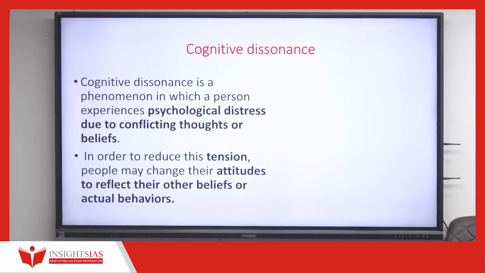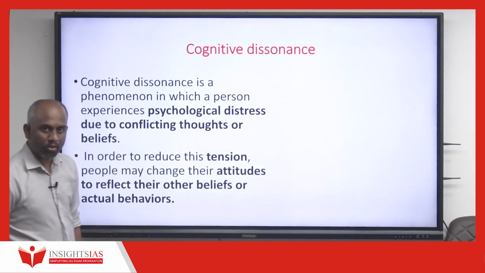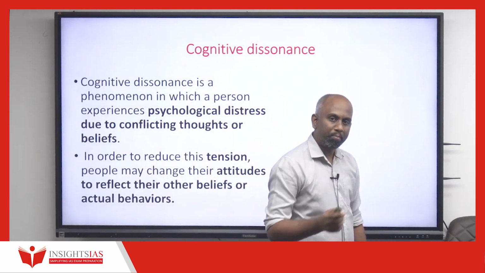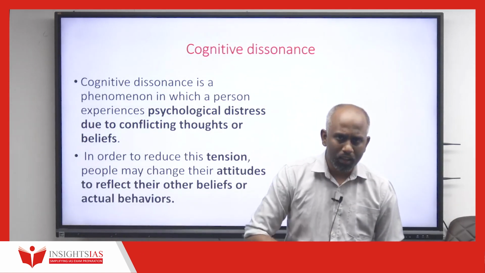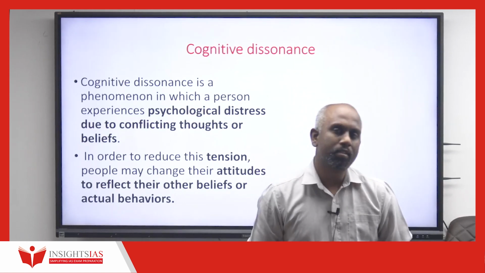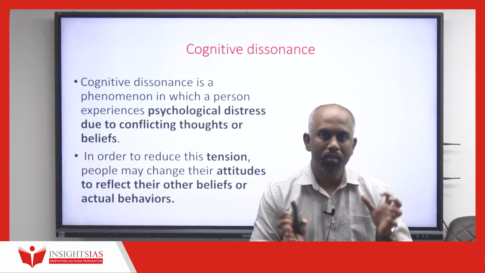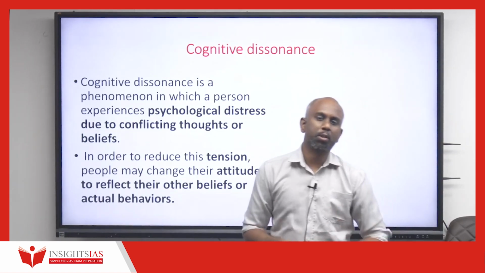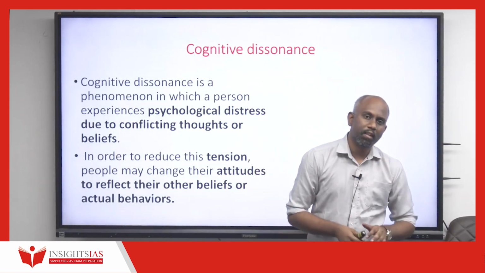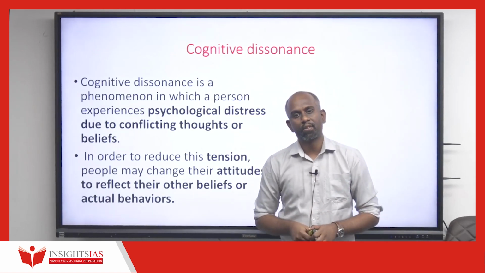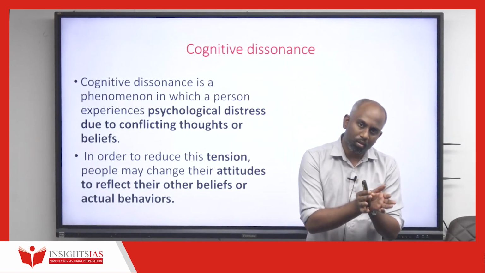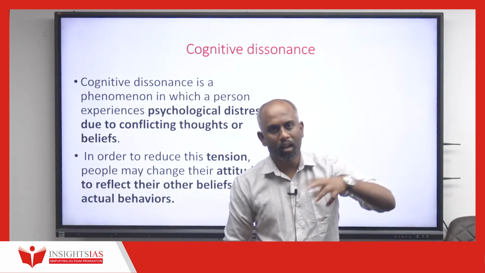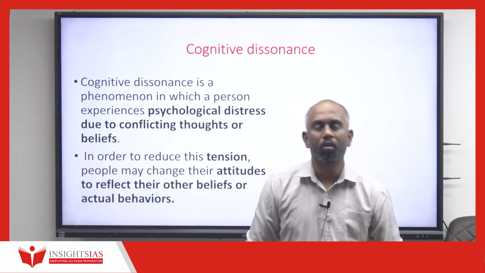The next thing is cognitive dissonance. In the earlier video, I told you, usually attitude and behavior go hand in hand. They are in sync. But there are instances where they are not in sync. Right? What is the example? You might have come across people who would have involved themselves in love relationships, but these relationships might not have translated into marriage, right? Due to reasons such as caste equations and religious equations not matching.